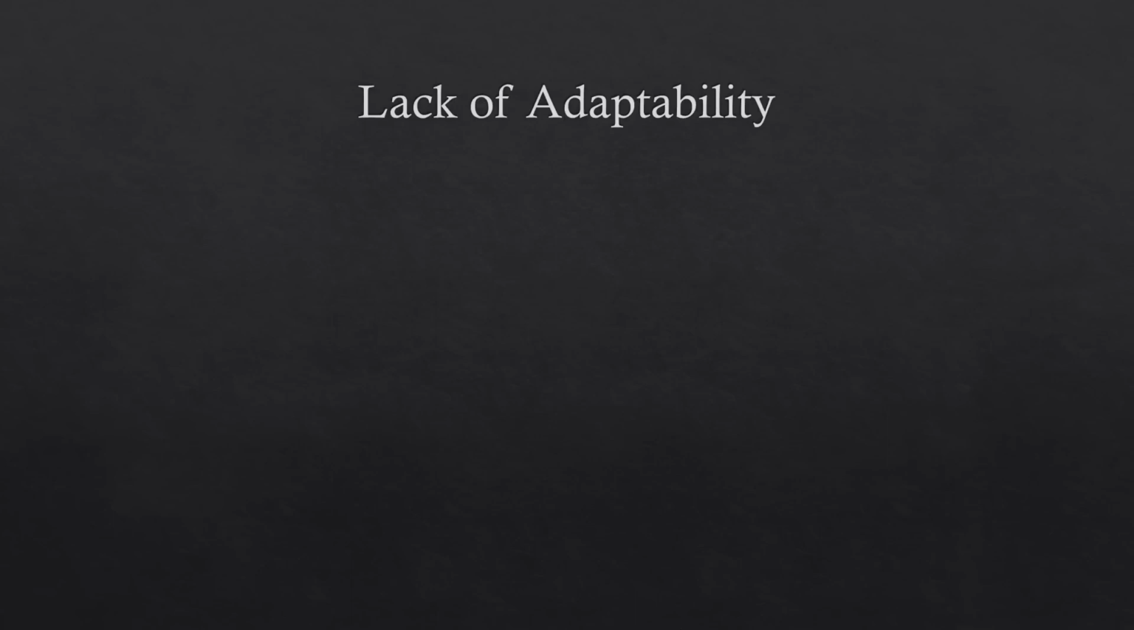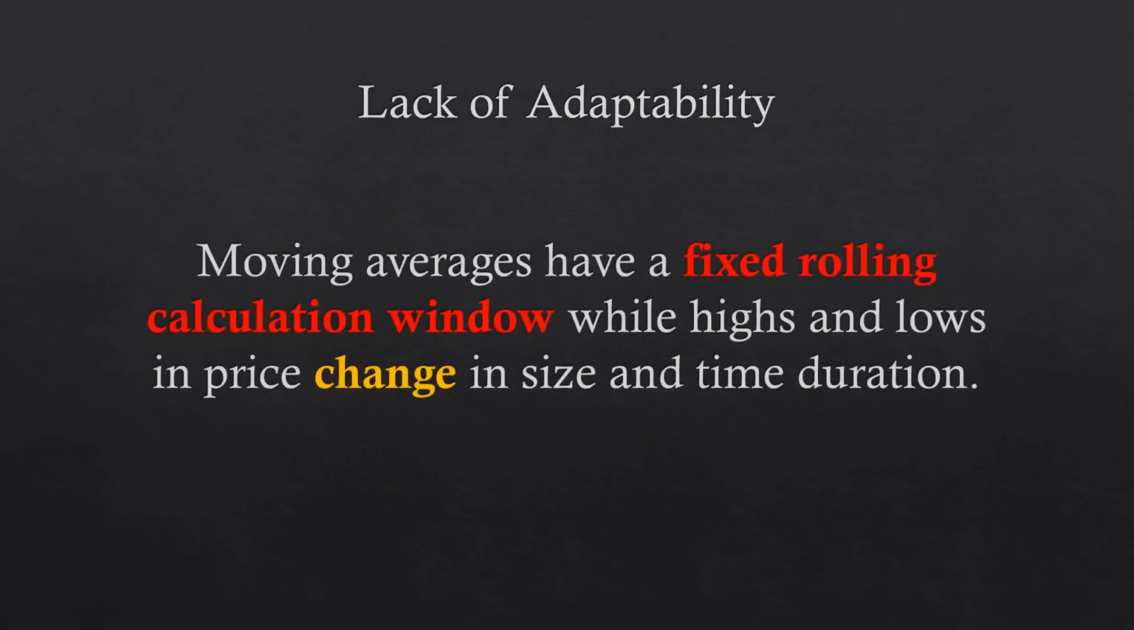One of the worst problems of moving averages is the lack of adaptability. Moving averages are non-adaptive because they have a fixed rolling calculation window, while the highs and lows in price change size and time duration. Notice that sometimes MAs are incredibly capable of showing accurate and smooth reversals in a timely manner, and other times they are worse than terrible, showing buy signals when you should be selling and selling signals when you should be buying. That happens because highs and lows differ in size and time duration, while moving averages have a fixed window of